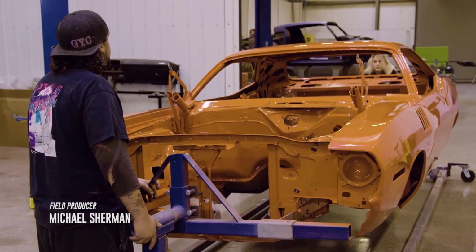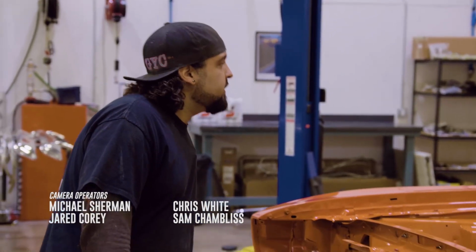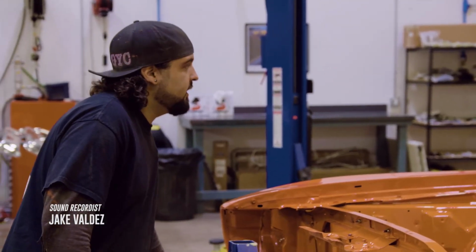All right, so let's get this back to the body shop, and then we can get it wrapped up and back over here to your father. Okay. And don't crash it. No, you're going sideways. Start out